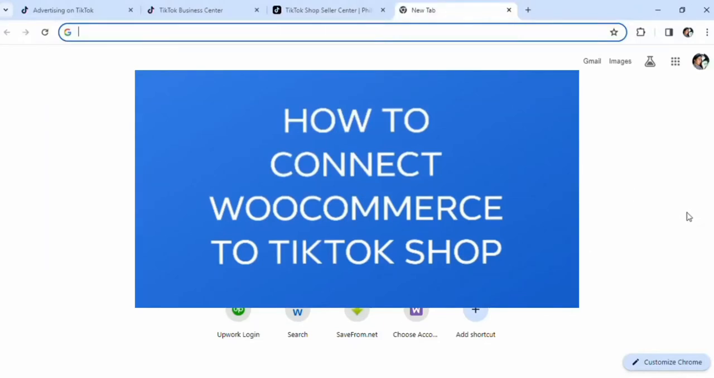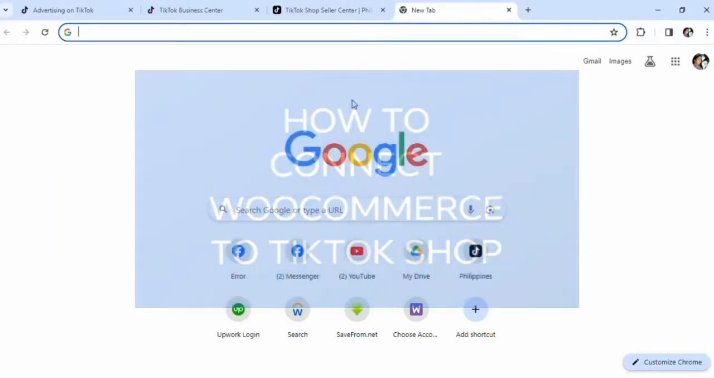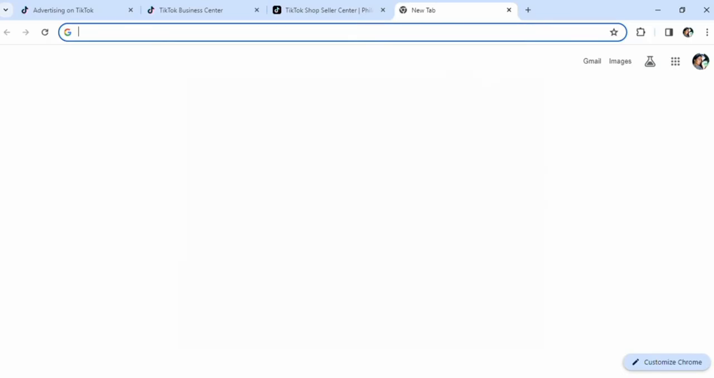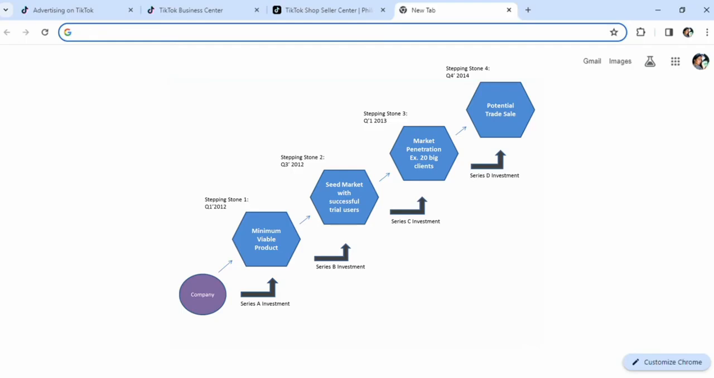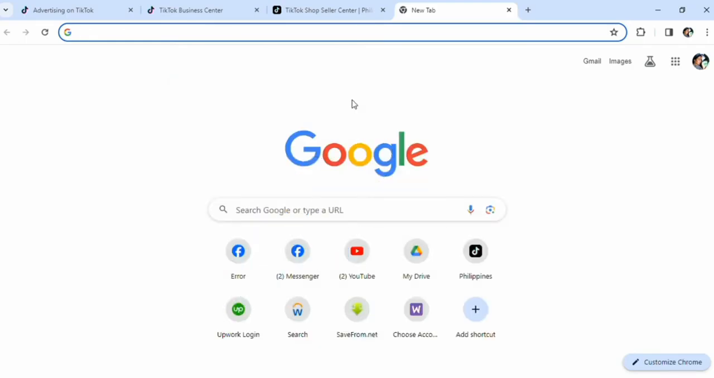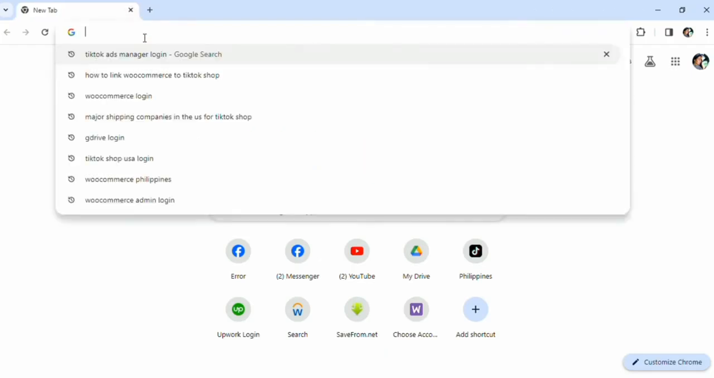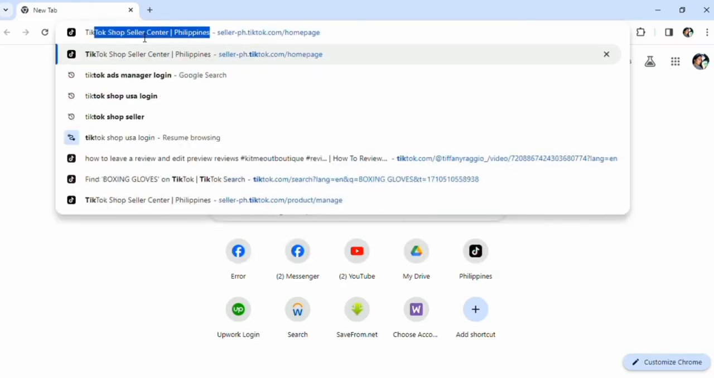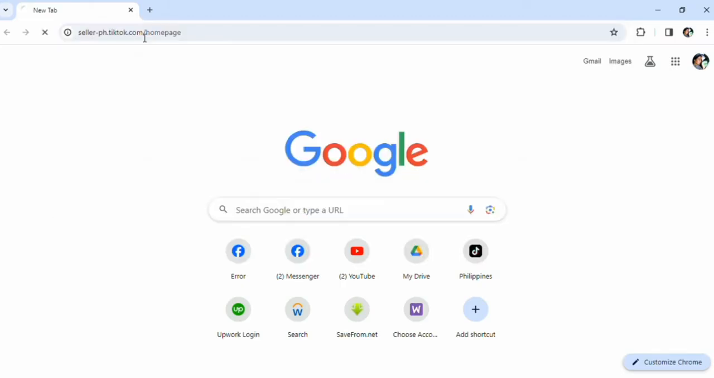Hi guys, so how do you connect WooCommerce to TikTok Shop? Now we all know that WooCommerce is very beneficial for growth in our e-commerce account here. So if you haven't got any WooCommerce yet, I suggest that you log in there also and create your account. I would like to start fresh here first and foremost, and let's search the seller account here, the